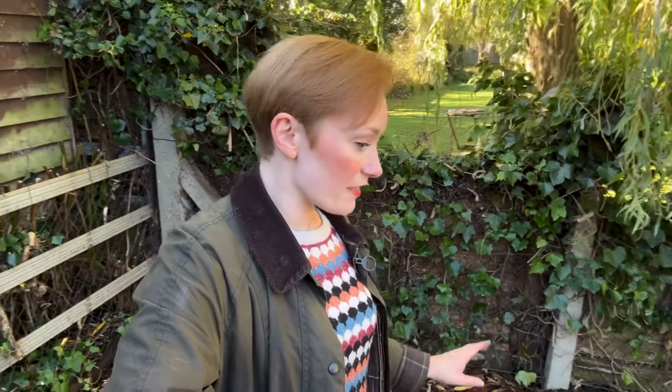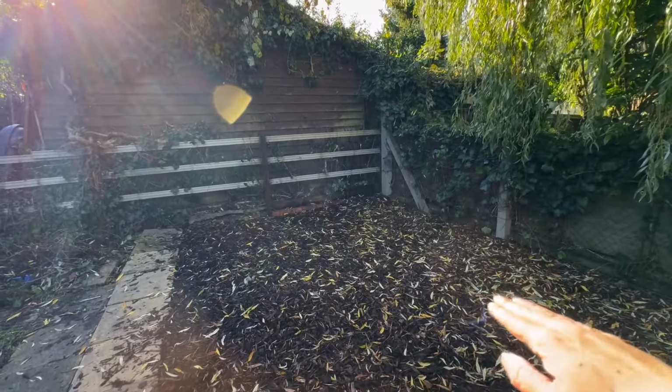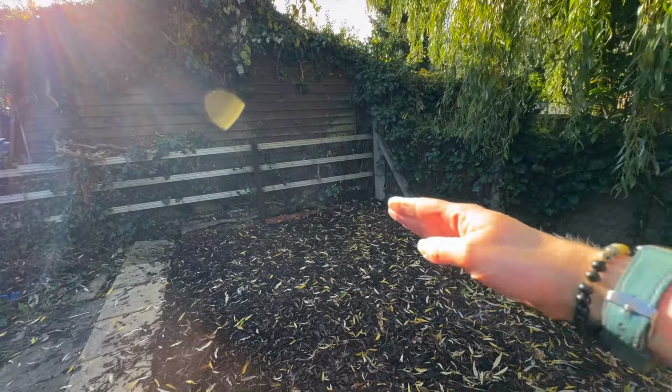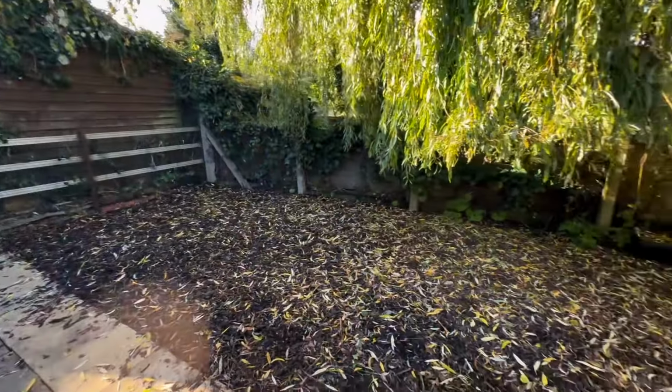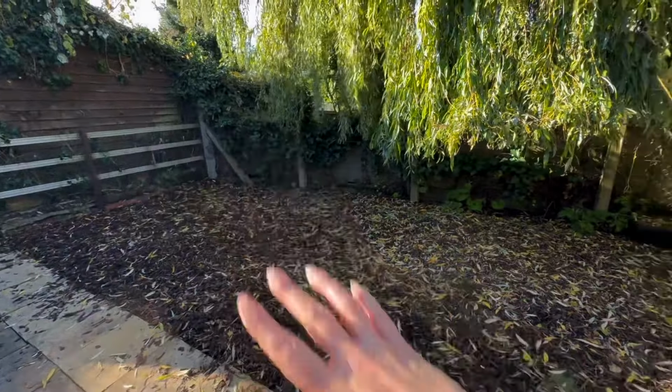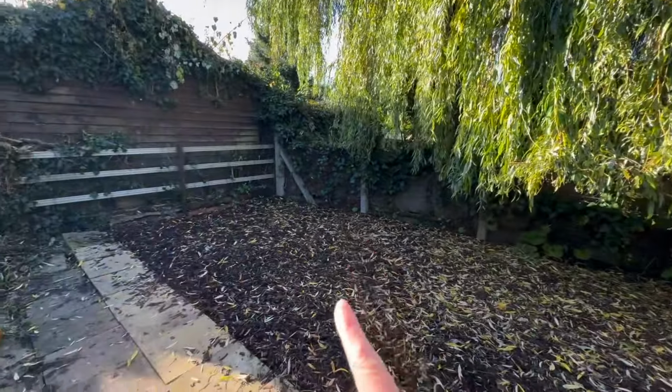So I think I'm going to have it short ways this way, and let me turn you around, I can point. So 2 meters this way across, and then the longer side this way. So I'm hoping, this is a very large area, we'll still be able to have the fruit cage here and a sitting area here to enjoy the garden, but it's going to make such a big difference to what I